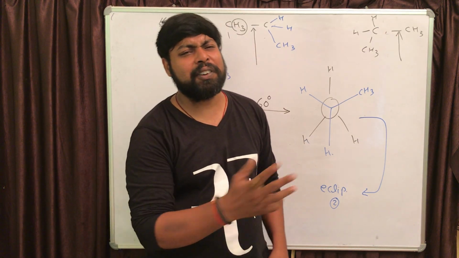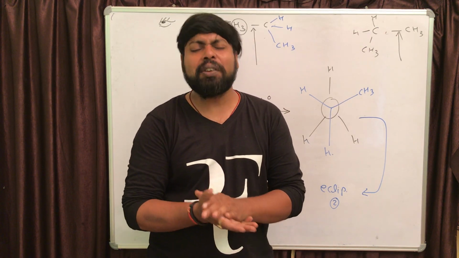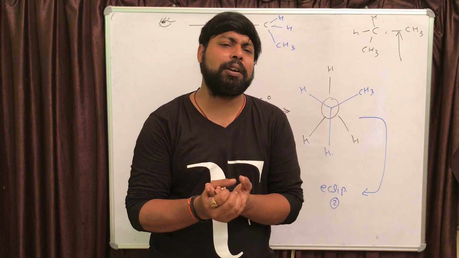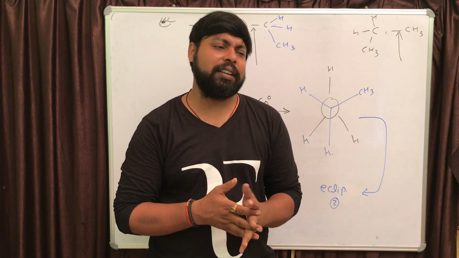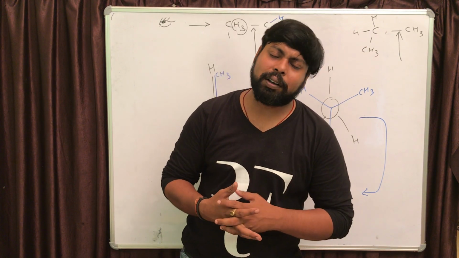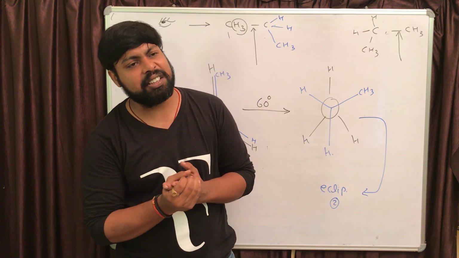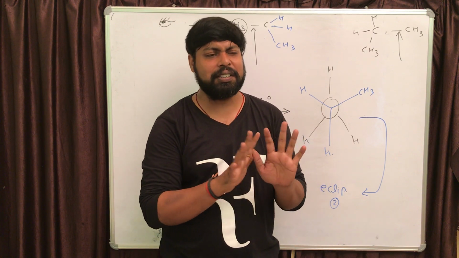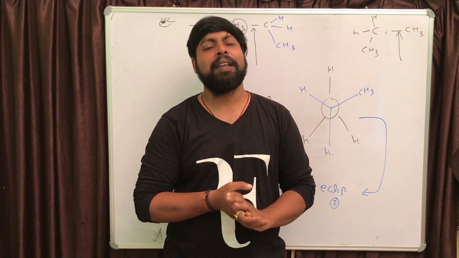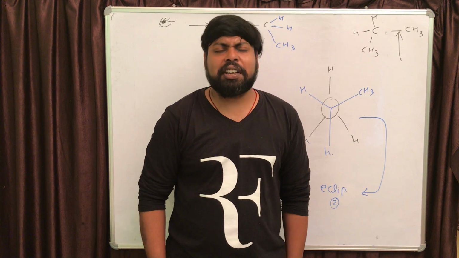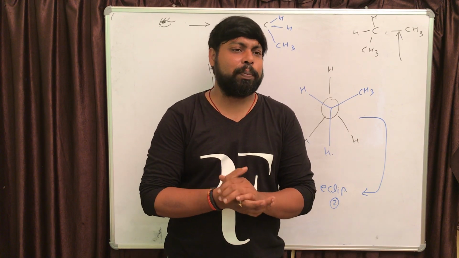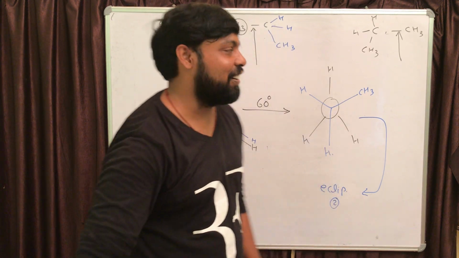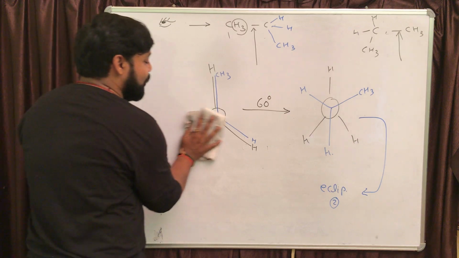So there is no difference between the nature of curve that we are going to obtain in case of propane. It will be very similar to that case we have done in case of ethane also. All the staggered forms have same energy and all the eclipsed forms have same energy. It is very similar to the case of ethane, right? Now, next case that we need to discuss is of butane. There may be different situation and that is important. Next case is of butane.